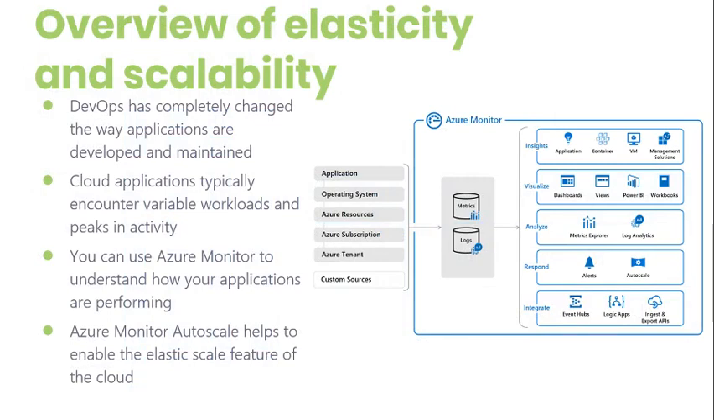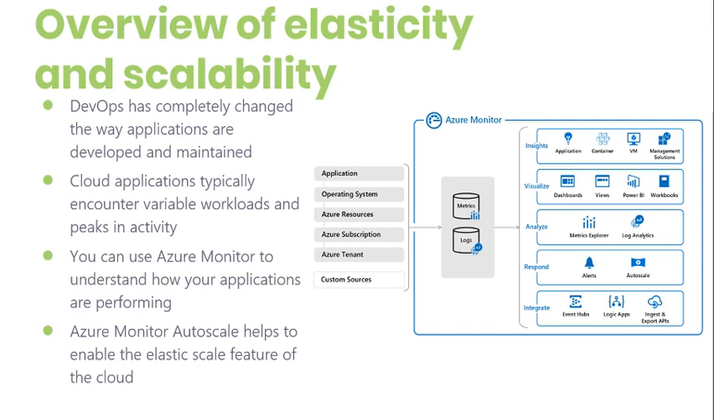Now we come to the overview of elasticity and scalability. The cloud requires a new method of management because it focuses on scale, elasticity, and automation. The cloud represents a paradigm shift in the way that we think about embracing IT. DevOps has completely changed the way applications are developed and maintained. The hyperscale nature of the cloud provides a completely new meaning to scalability, elasticity, and resiliency,